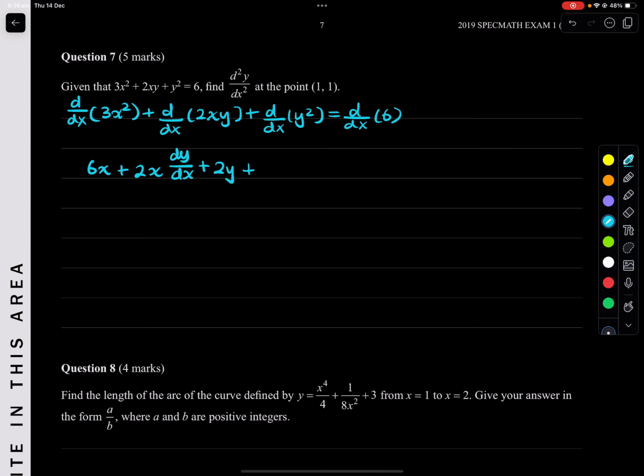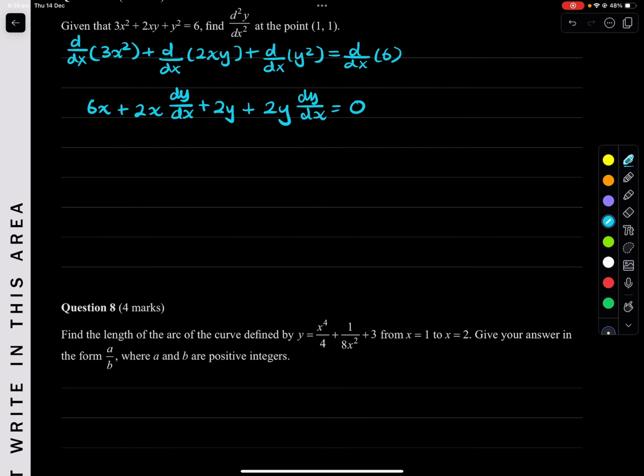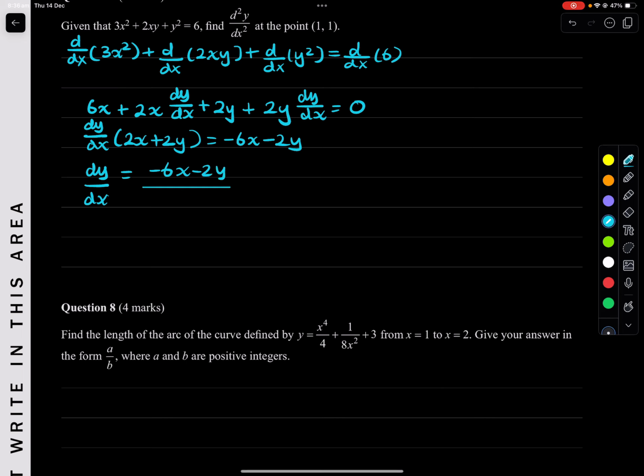Done. Plus the derivative of y squared, it's going to be just 2y, but multiplied by dy dx because we just derived it in terms of y. Plus the derivative of 6 is a constant, so it's going to be 0. And now let's just get dy dx in on the left-hand side, make my life easier. So dy dx times 2x plus 2y is equal to negative 6x minus 2y. Hence dy dx is negative 6x minus 2y all divided by 2x plus 2y,